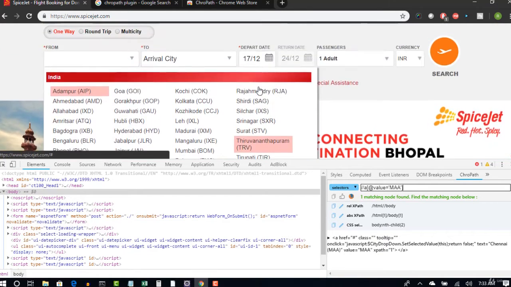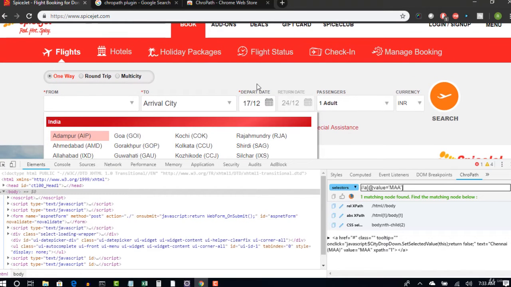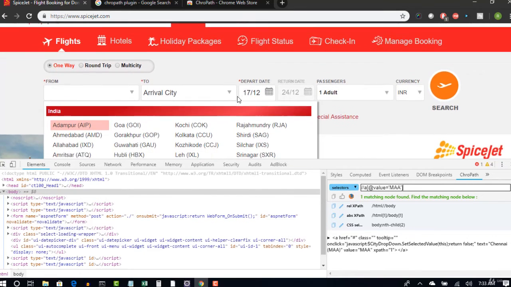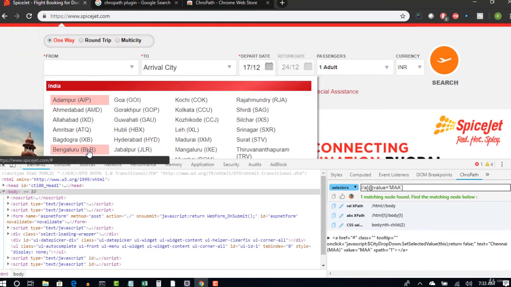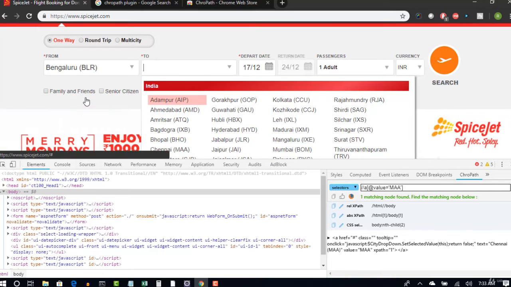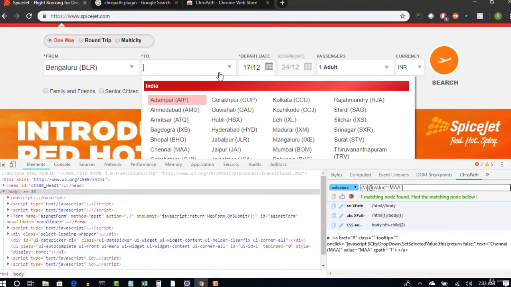Now you need to select Chennai in arrival city. Let's say that you have selected Bengaluru in the from option, and now you need to select Chennai. So before you open this to drop down, you have one matching node, right?